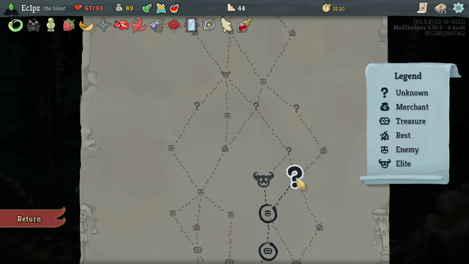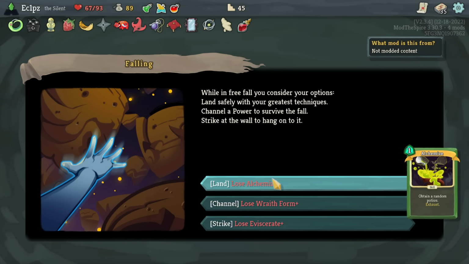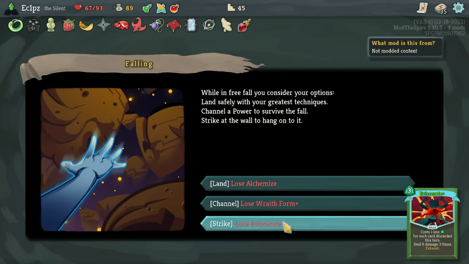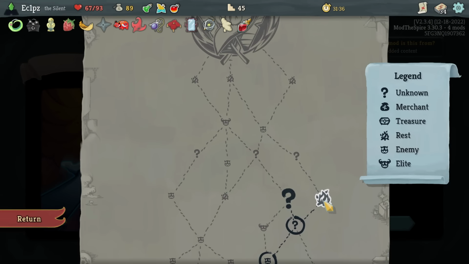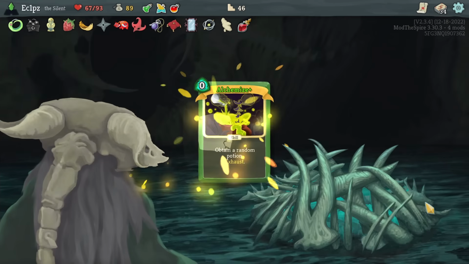With Sacred Bark, the more potions, the better. Oh cool, I'm falling to my death. Guess I'll lose one of my 3 best cards. Eviscerate was the card to go, as I already had 2. Still stings. The Rest Site let me smith Alchemize, converting it into a free potion rather than a 1 energy potion,